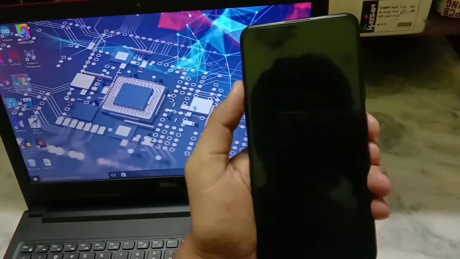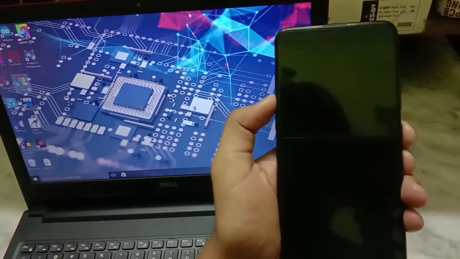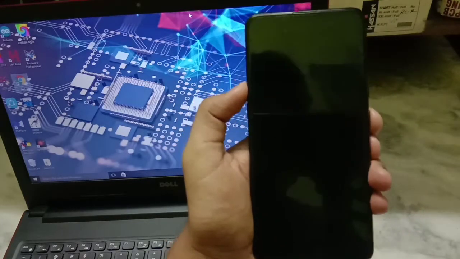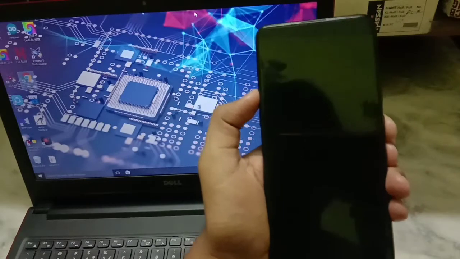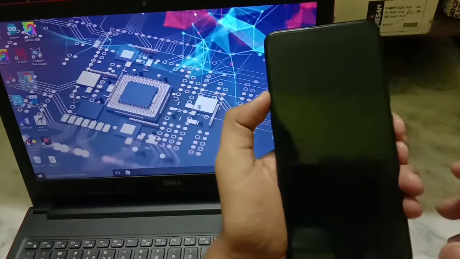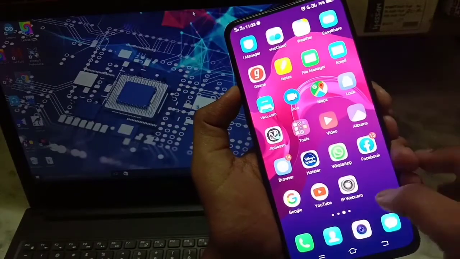For this project you will need two mobile phones. I don't have an extra mobile phone because one I have used for shooting the video, so I am using a PC or laptop. Okay, so the function will be the same. At first, in one mobile,